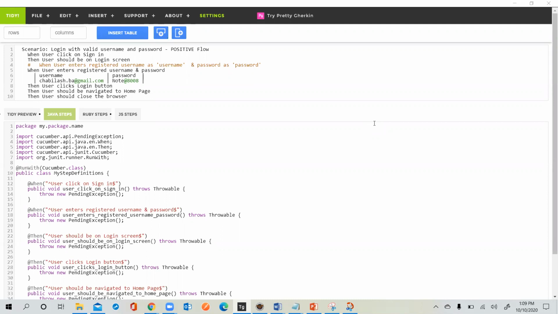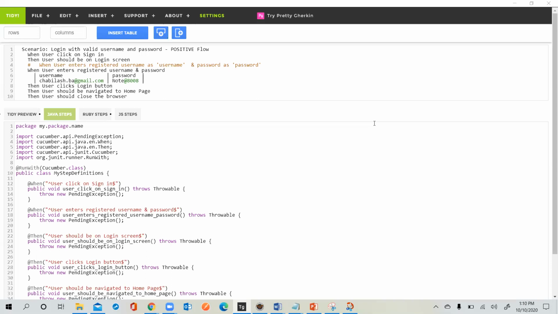See, my case is that the user should be able to log in, so that he can log into the system and land on the home page. Pramod, I think you are getting confused. See, it's very simple. A scenario is nothing but one particular action, one particular test case.